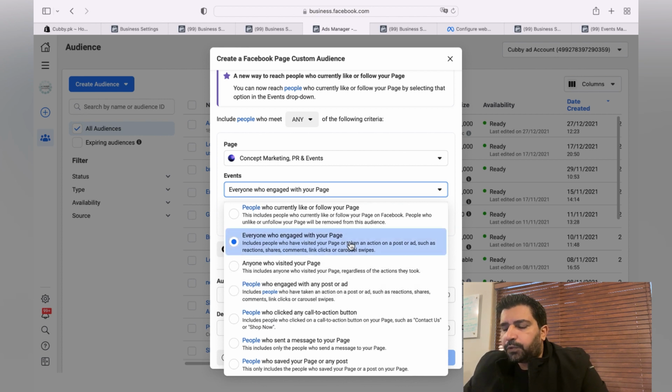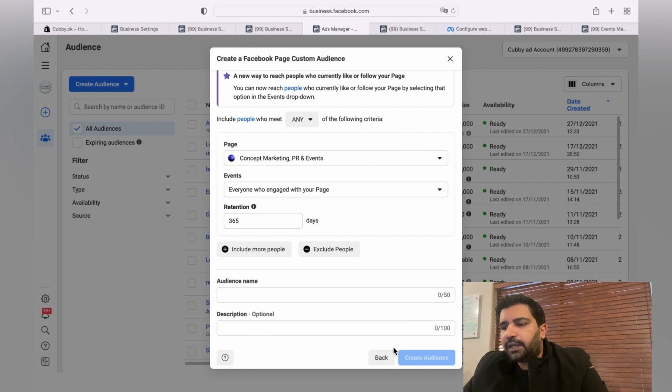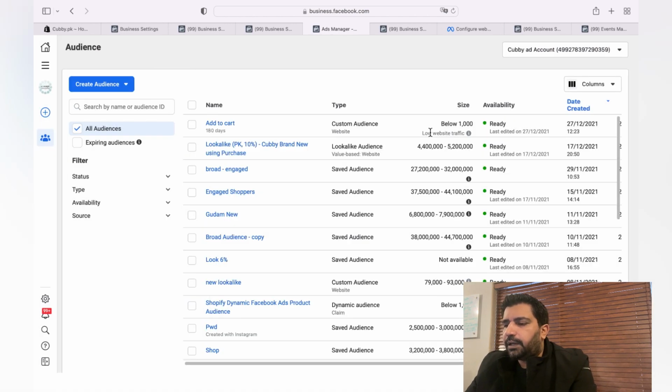I think go for the option anyone who engaged with your page. Click on this, in the last 365 days, keep it Facebook engagement and just create the audience. This audience will give you maximum reach, because these are the people who have already engaged with your social media pages, and they're most likely to buy. Show your ads to these people.